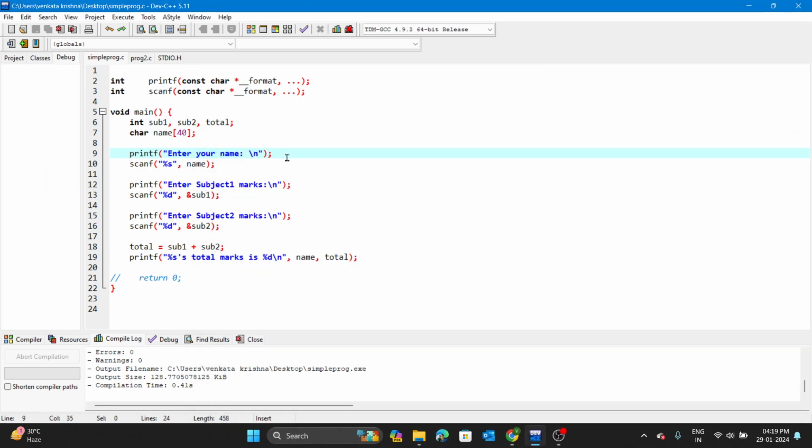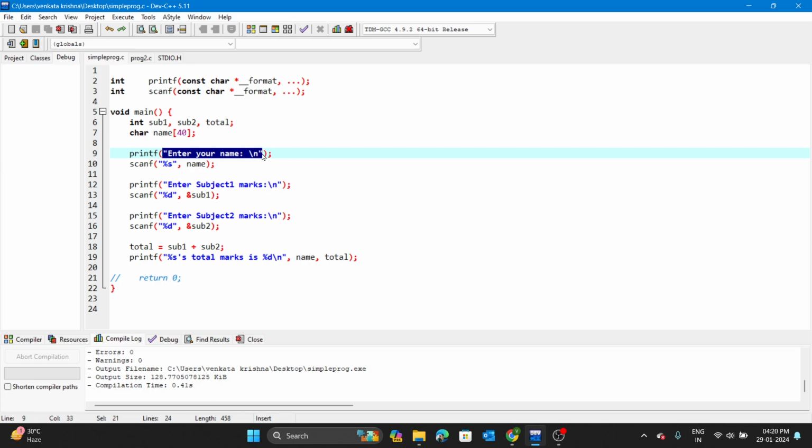And the argument of the printf function is a string, something like a character array. Here I can print a static text, or else I can print a variable containing data. If I want to show something to the user, I can use printf. Or if I want to get something from the user, then I need to use the scanf function. And coming to the syntax of the printf function, we just need to write printf, and then open the parenthesis, and here